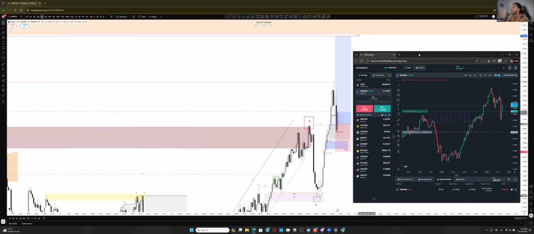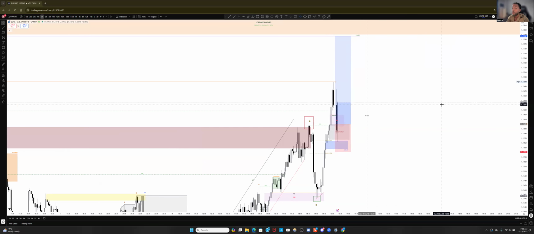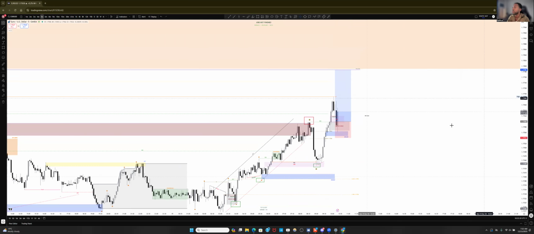But yeah, that was a very, very strong push. But as you can see, this is where we targeted the entry. We knew that price would come back if it wants to continue to reach this previous day high and give us a strong mitigation right here. And that's exactly what we got. A strong mitigation right into this zone with a 5.9 pip stop loss. So we can say, take a screenshot, we are in these trades, these buys.